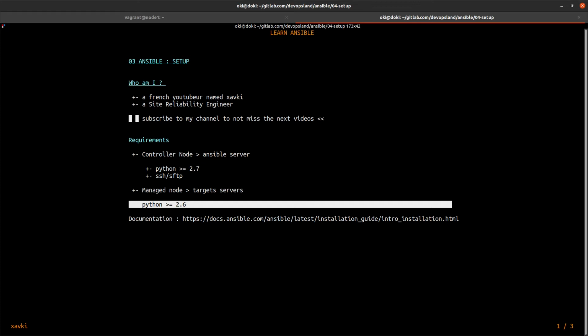For target servers, the Python version needs to be 2.6 or higher. If you want, you have documentation about installation.